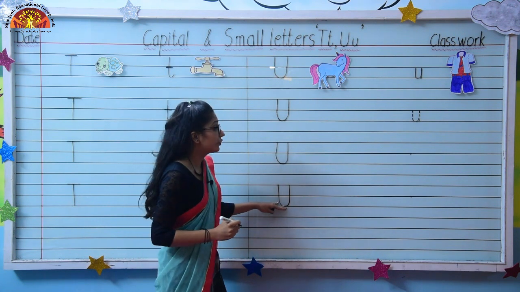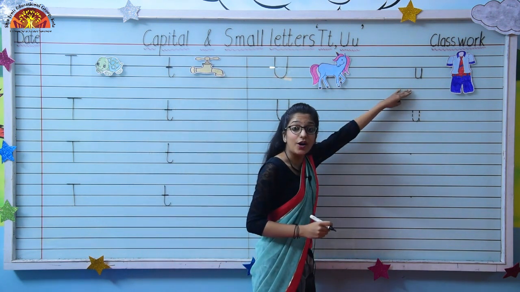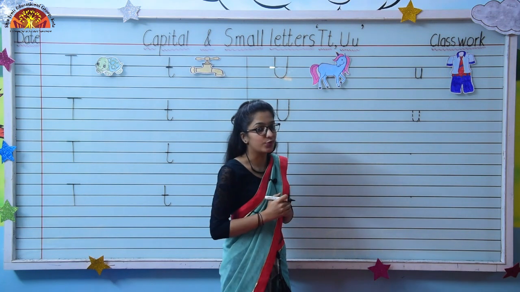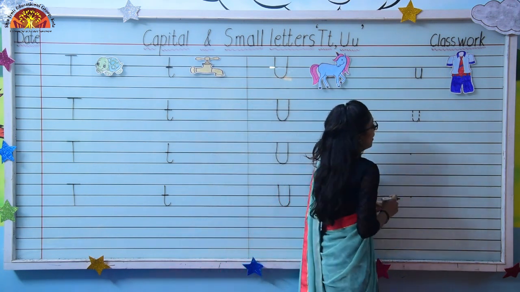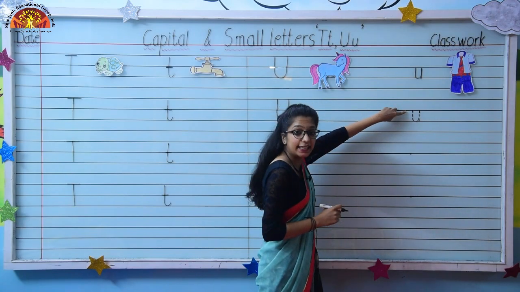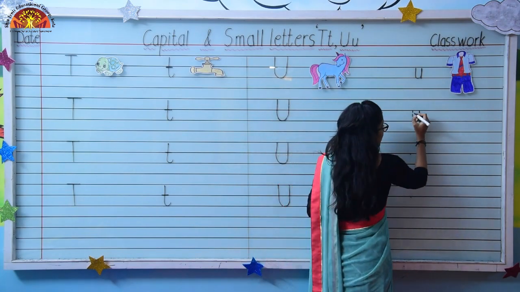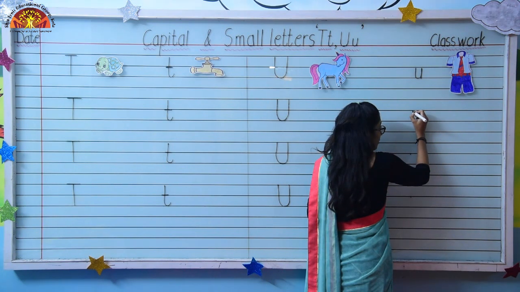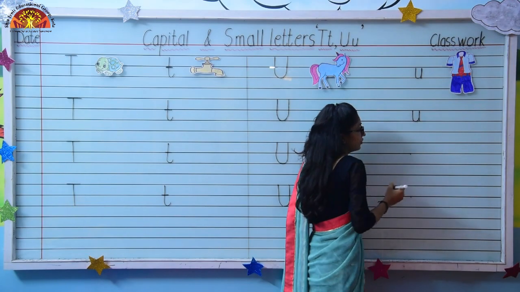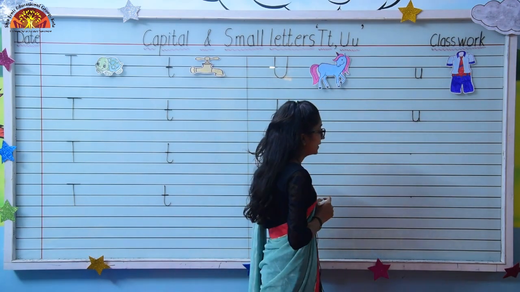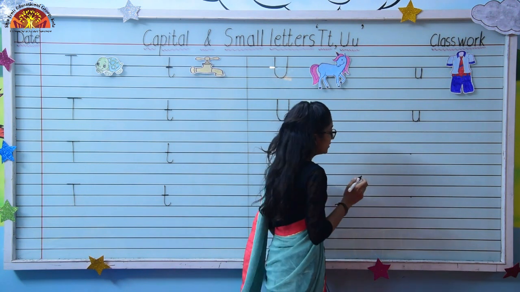Now kids, move to the next one. This is small letter U. Now we will do tracing of small letter U. Look here kids, now you have to start from the second line. Draw a small standing line. Curve. Up and draw a small standing line. Down with the same line and touch. Like this. Now let's write on single dot.